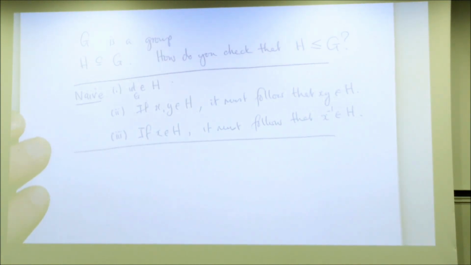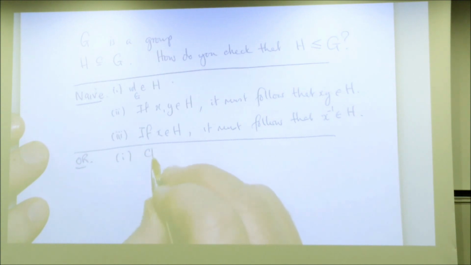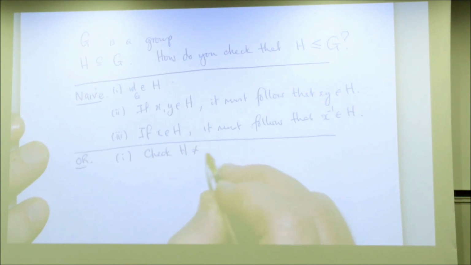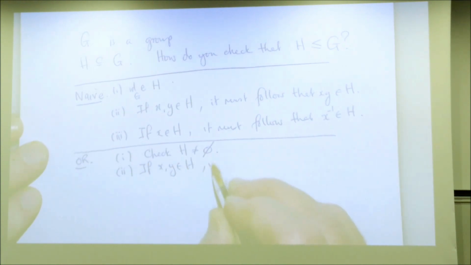Now there is this theorem that says you can reduce this to two things, so it's shorter. And one of those things is almost always trivial. So instead of doing these three things, you can do these two things. Check the subset is not empty, which is generally obvious because you can exhibit an element. And show the following. If x and y are in H, it must follow